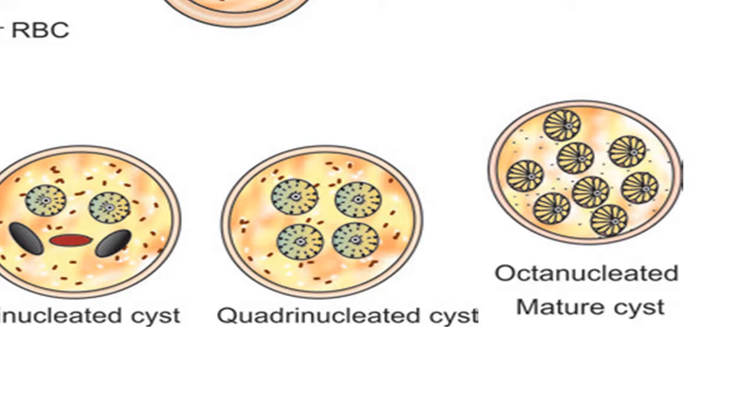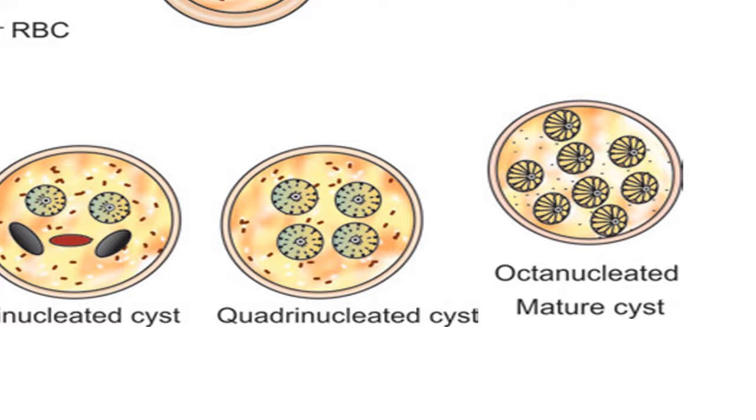When we consider the size, Entamoeba coli is larger than Entamoeba histolytica. Then in both cases, the cyst wall is a double cyst wall. And when we consider the number of nuclei, in the case of Entamoeba histolytica, it contains 4 if it is fully matured, but in the case of Entamoeba coli, we can see